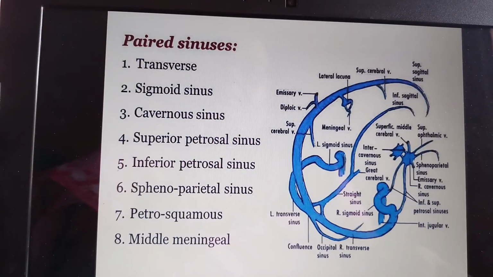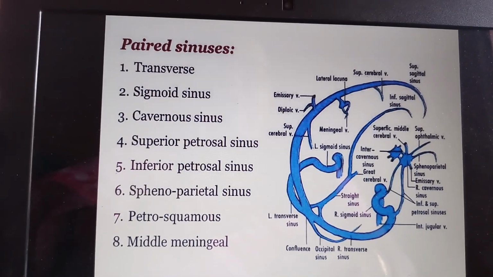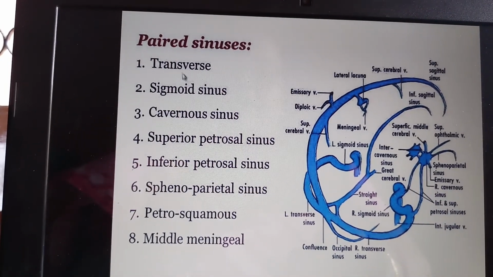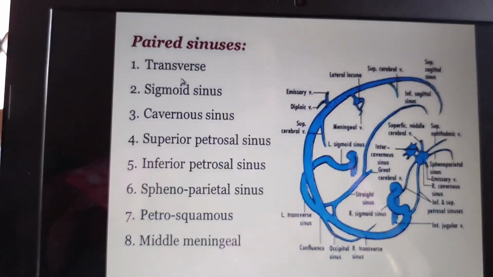Next we go to the paired sinuses. What are the paired sinuses? We already know that we have two transverse sinuses, the right transverse and the left transverse sinus. Then also similar